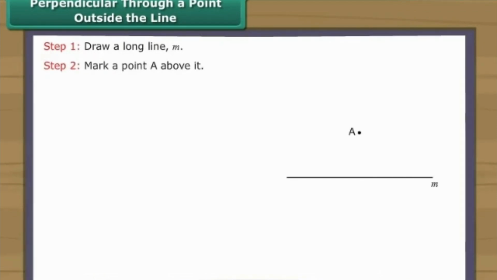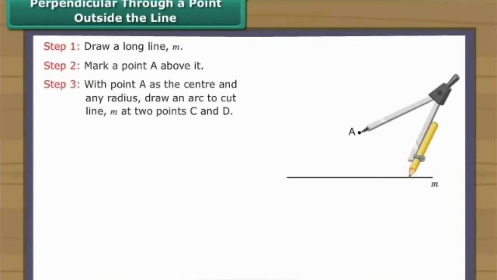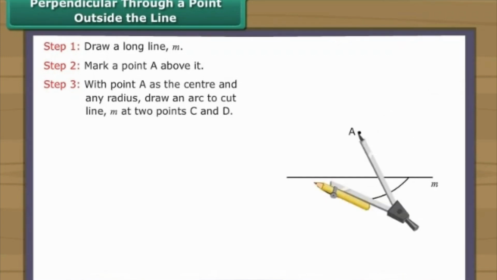Perpendicular through a point outside the line. Draw a long line M. Mark a point A above it. With point A as the center and any radius, draw an arc to cut line M at 2 points C